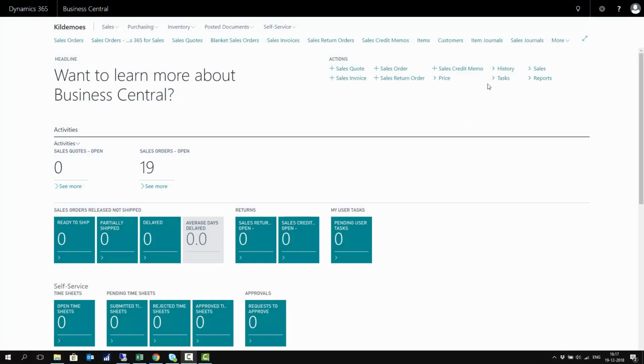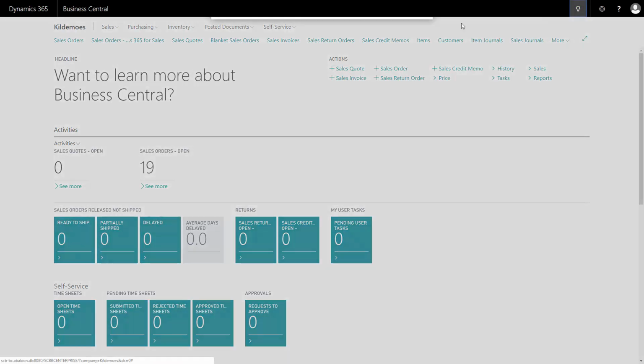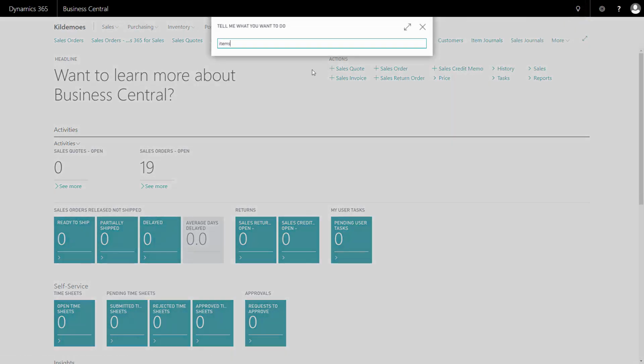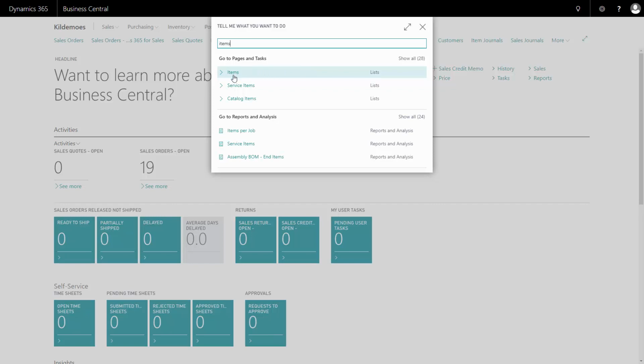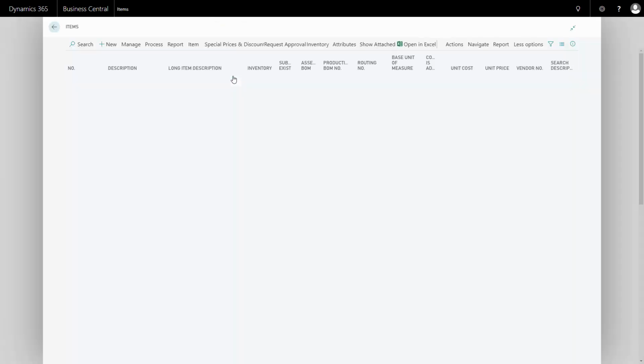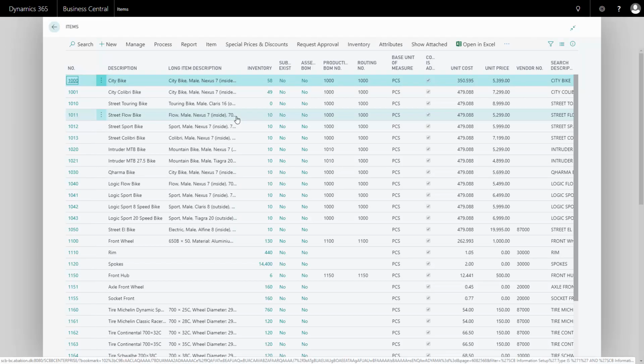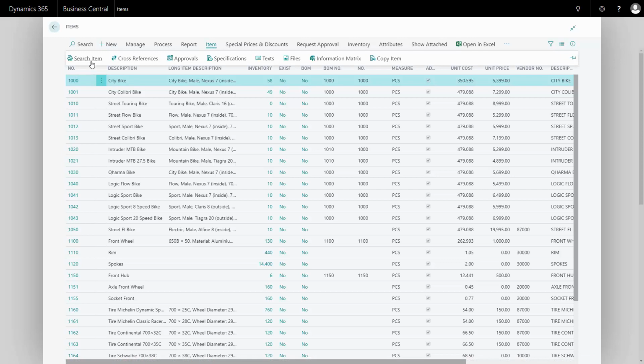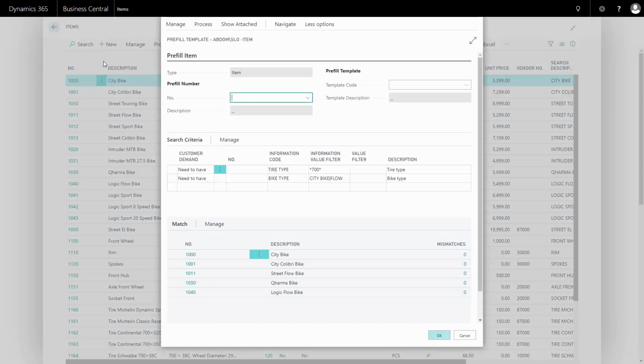When using the master data search functionality, I can search with need to have or nice to have criteria, or even nice and need not to have criteria, to find my selections on items, customers, vendors, etc. From my item list, as an example, I will go to my search window, and I might already have added